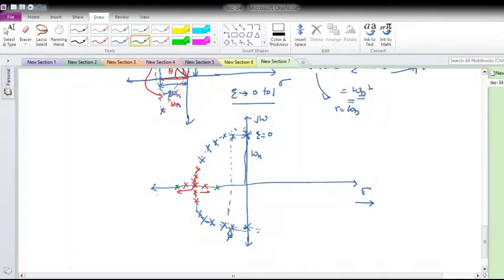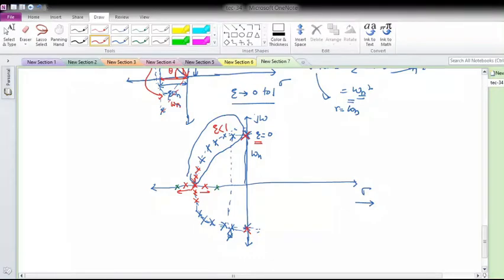So how are the pole locations varying? These locations are changing by varying the parameter zeta. If zeta is equal to 0, I'll get the pole locations on the imaginary axis, as we have seen. Now if zeta is less than 1, where will my poles be? My poles will be complex conjugate, and this is the portion where I'll get the pole locations which are complex conjugate.